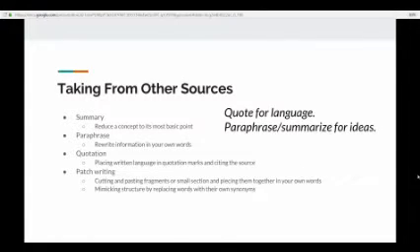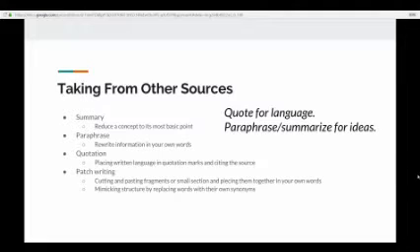So in addition to this idea of ethics and ethical considerations, I want you also to be thinking about how you take from other sources. And obviously, you're going to be citing your sources using Chicago style, which is an industry standard for business work. But there are other ways that you actually take from other sources. You summarize, which is reducing a concept to its most basic point.